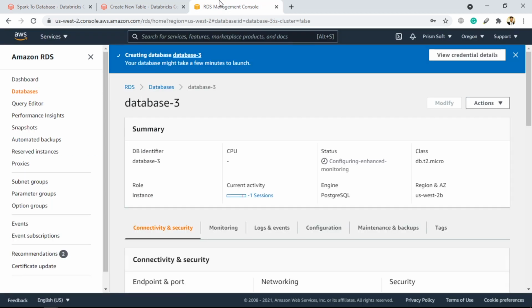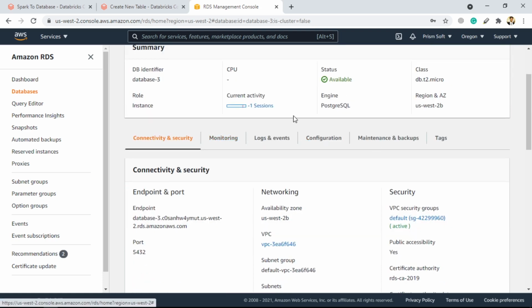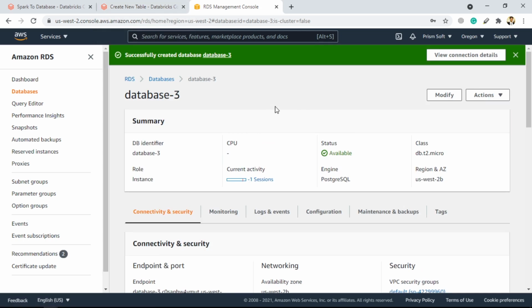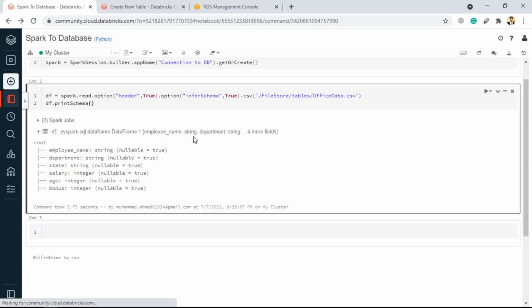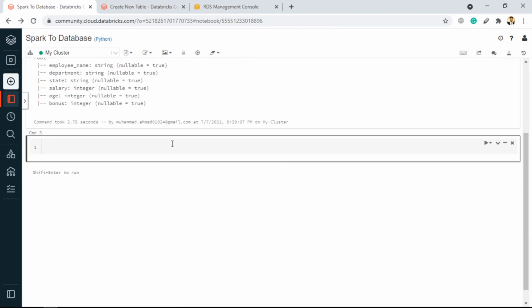And here if we check it out, our database is now up and running. And again, I'm saying that it's not mandatory that you must go for AWS or create an RDS instance. You can spin up or create your own Postgres database. Next thing, we have to do the simple write operation, but instead of writing to a CSV, we will write this data frame to the database. So let's just specify some variables.